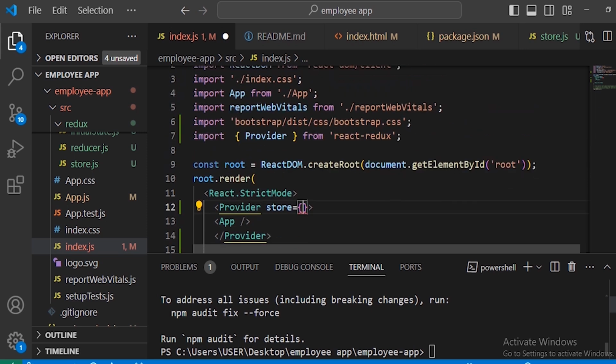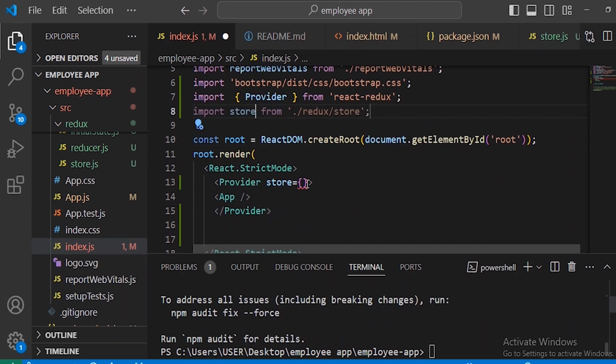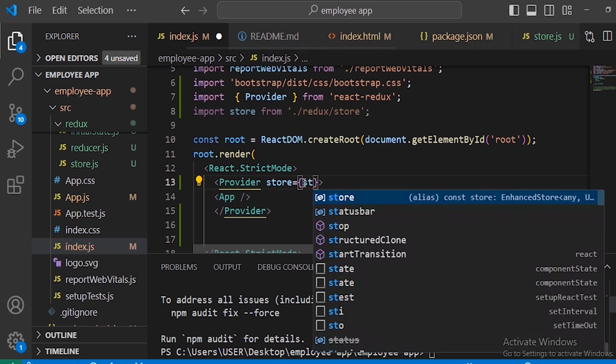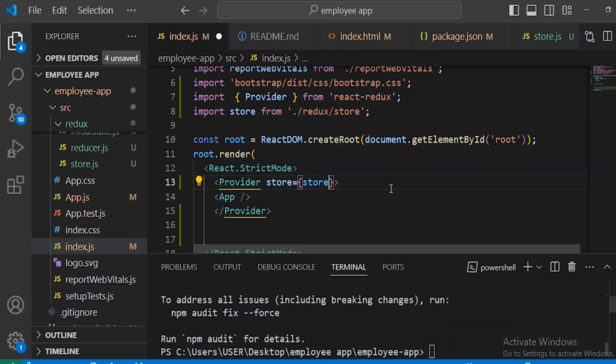So store, we need to import the store as well. Import the store. Okay, so now we finish all we need to do for the basic setup of Redux,